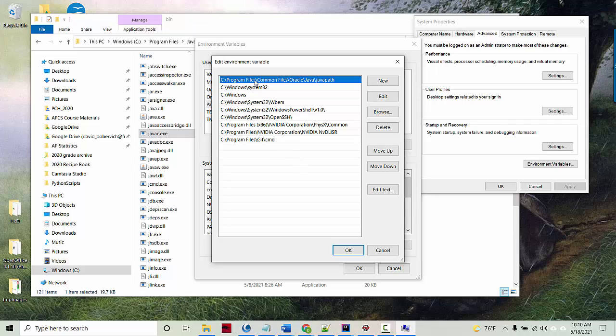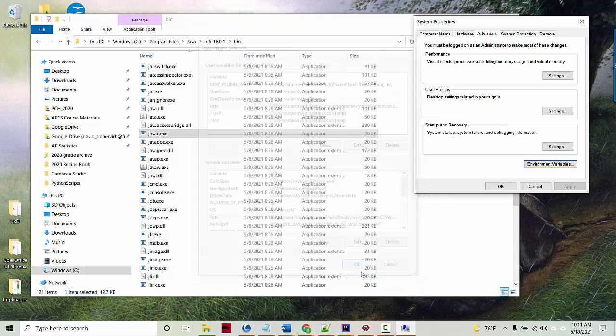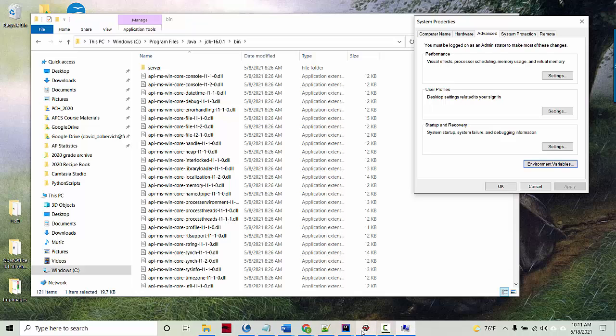So for me, I've got Program Files, Common Files, Oracle Java, Java path. And this is sort of a link to the actual location where Java is. But if yours isn't working, what you should do is say new, and then go ahead and paste the path to the bin folder, which is where your Java compiler actually lives. And on your machine, this folder may well be different, because maybe you have a different version of Java, but that's fine. So if you click OK and OK, if you go back to the terminal, it won't reload your